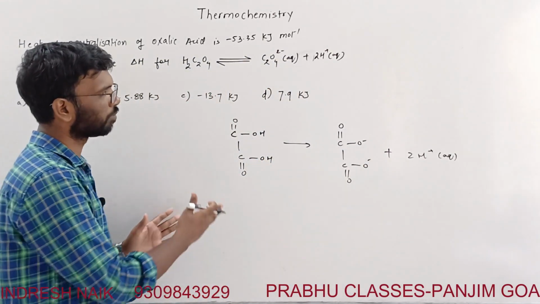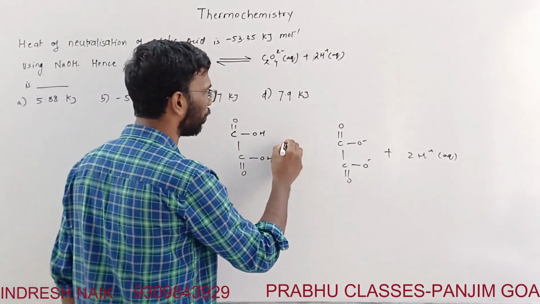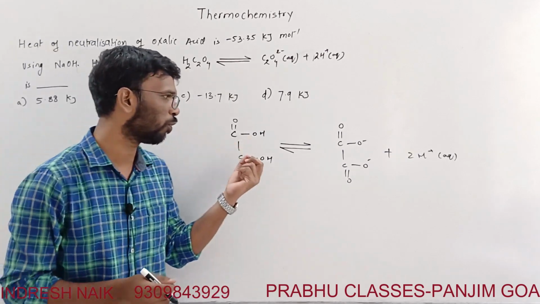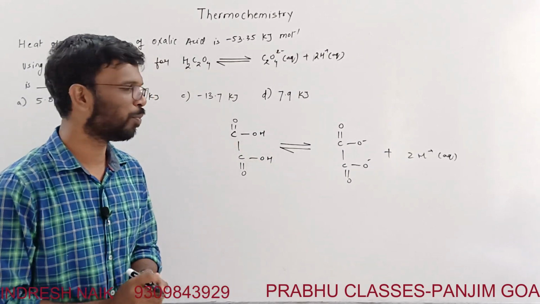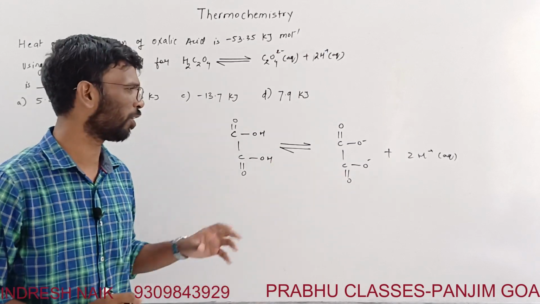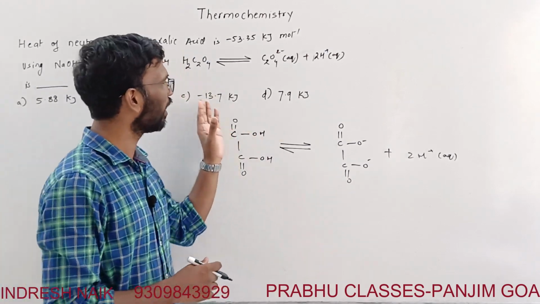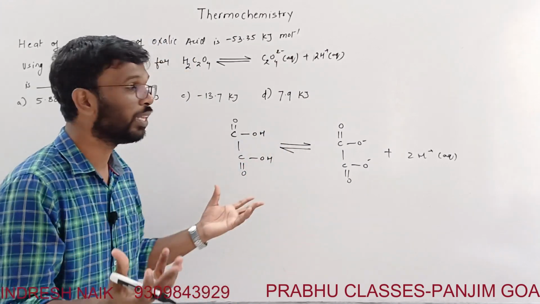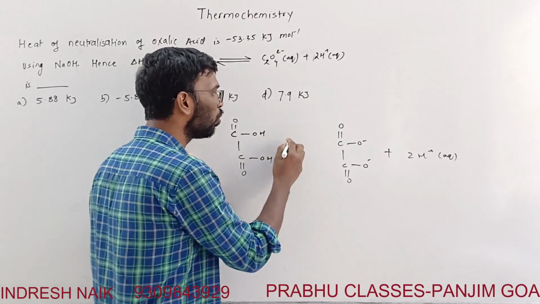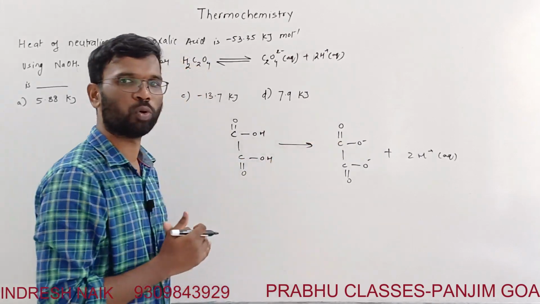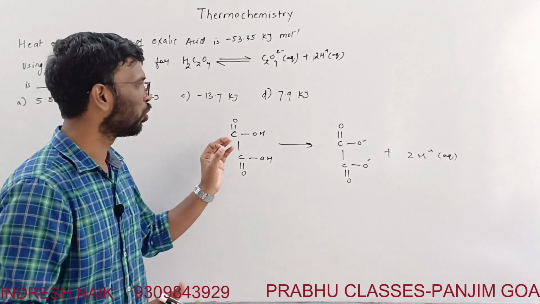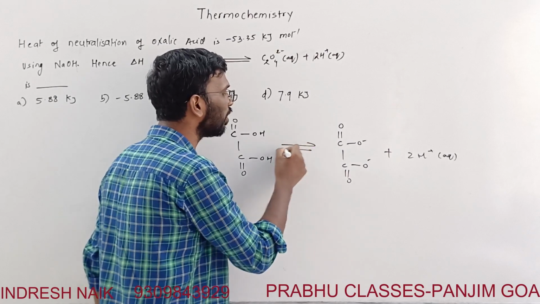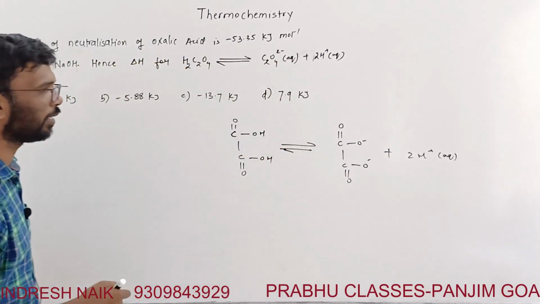I need to find the energy required, and this will be an equilibrium reaction. This process will be equilibrium, forward as well as backward. If you want to know more about equilibrium, learn the equilibrium chapter, you will understand what is forward and backward reaction. As of now, don't worry much about the energy required to split them up. Since this is a weak acid, you will require energy to completely split it into ions. If it is a strong acid, you don't require energy. That energy is what this question is asking us to find, right?